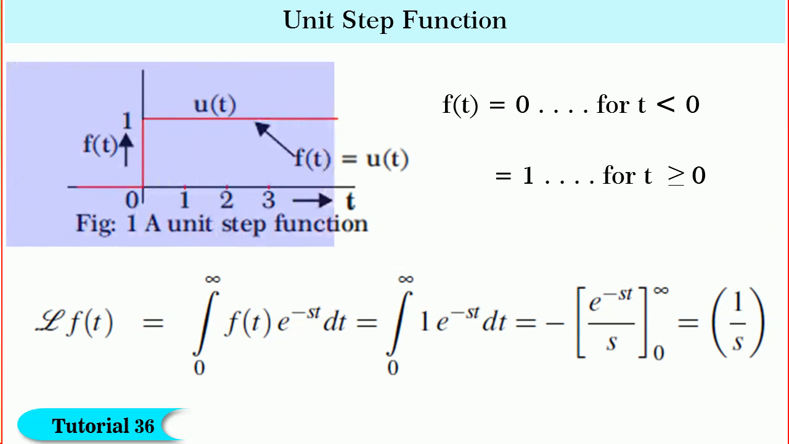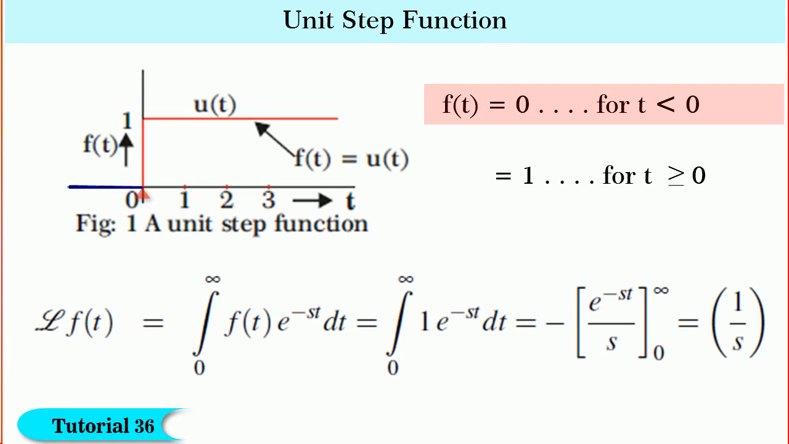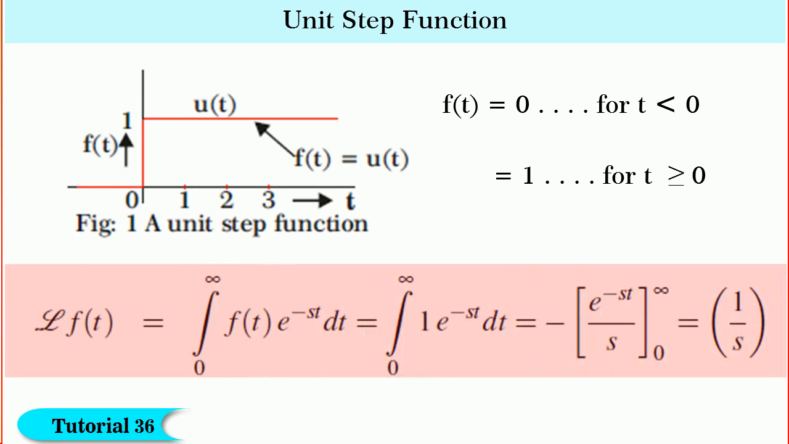Friends, first let us consider a unit step function shown in figure. You know that f of t is equal to 0 for t less than 0 and is equal to 1 for t greater than or equal to 0. The function shown occurs at t is equal to 0 and is represented as u of t. You also know that L of f of t is equal to integration 0 to infinity f of t into e to the power of minus st dt. By substituting the value of f of t and integrating, we get L of f of t is equal to